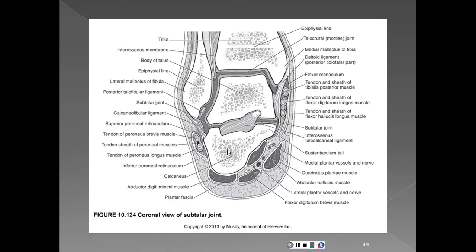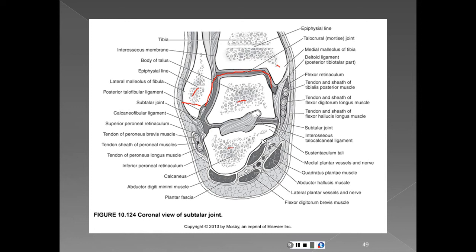And here's an illustration of the coronal view of the subtalar joint. So here we're looking at the subtalar joint in face. You have the lateral malleolus, you have your medial malleolus, and this is the ankle mortise. You can have a fracture with internal rotation of the ankle, a distracted fracture, an avulsion fracture, and you can see the tip of that ankle bone come off. Talus, calcaneus,